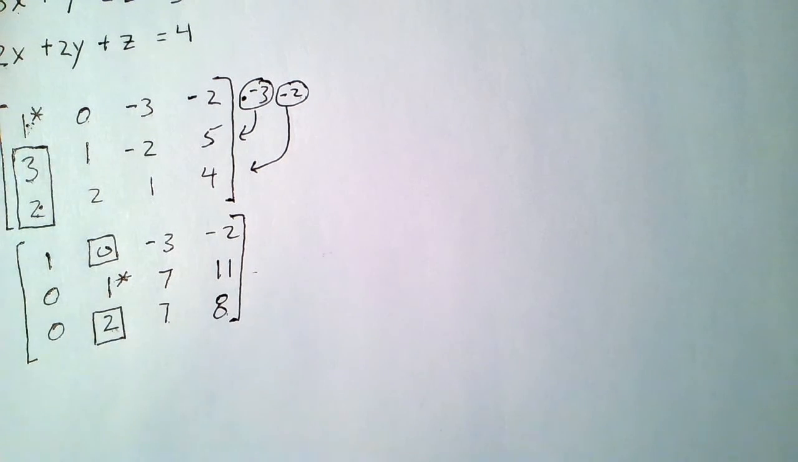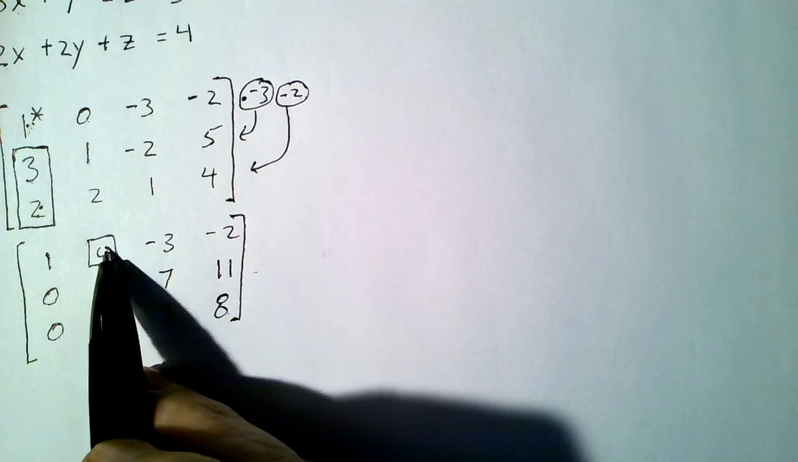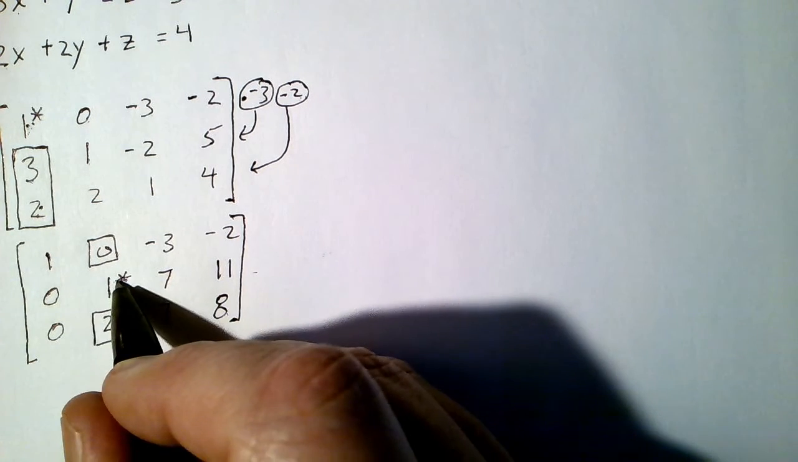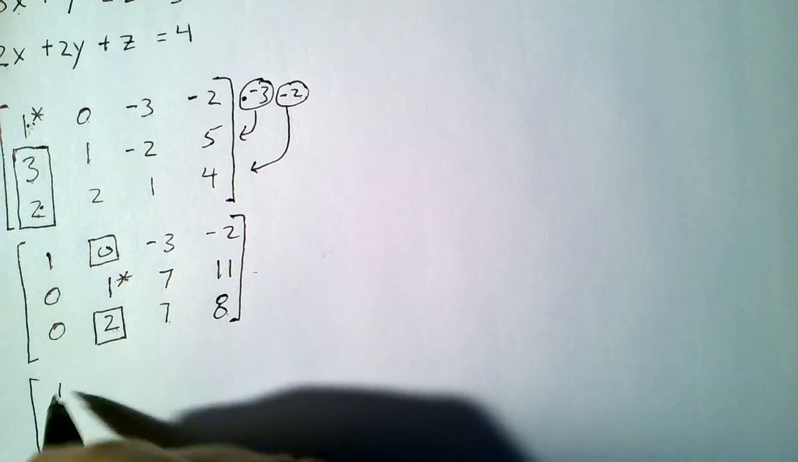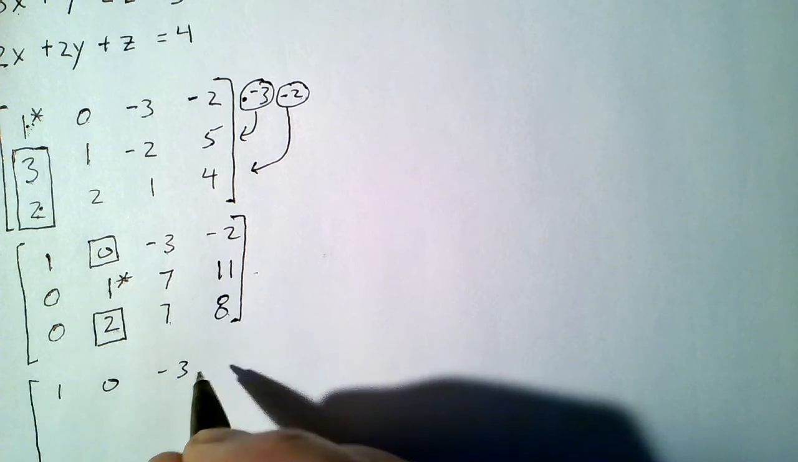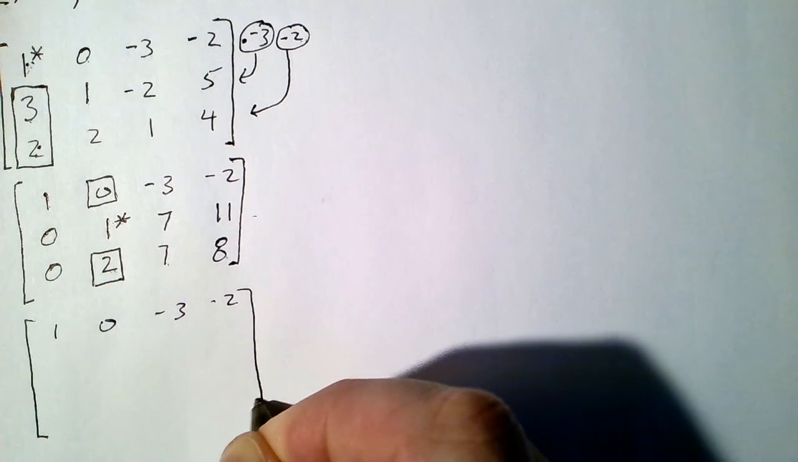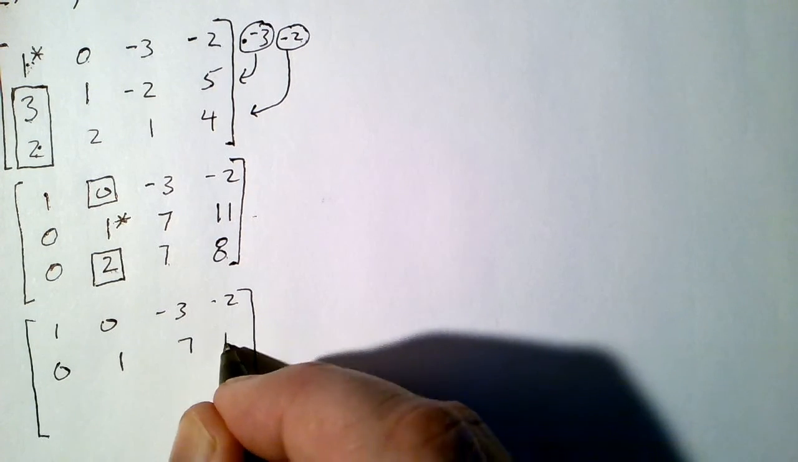That's a good news situation there because we're already a 0 up here. That won't typically be the case. So this is just one little step. The first row is going to stay the same: 1, 0, negative 3, negative 2. The hitman row always stays the same: 0, 1, 7, 11, and now I need a